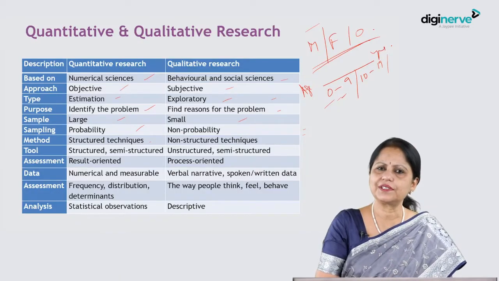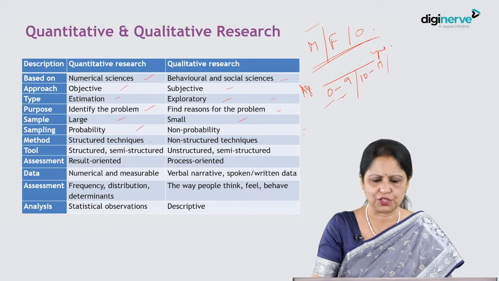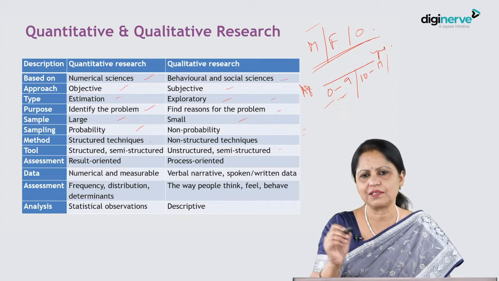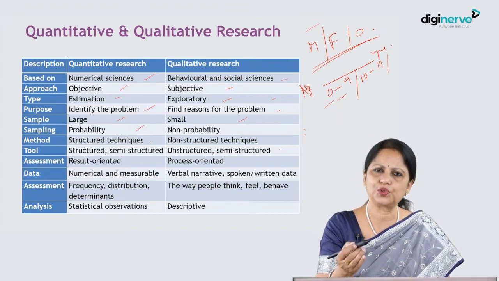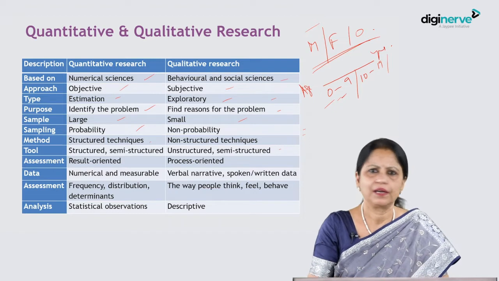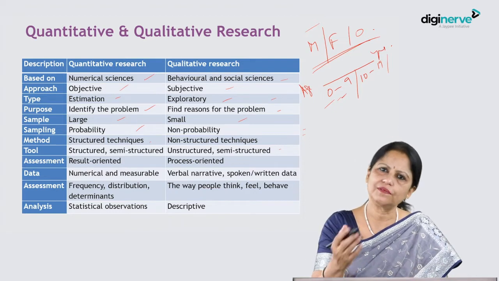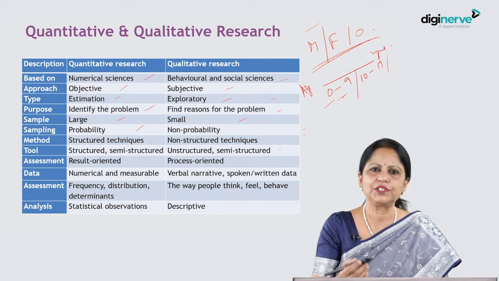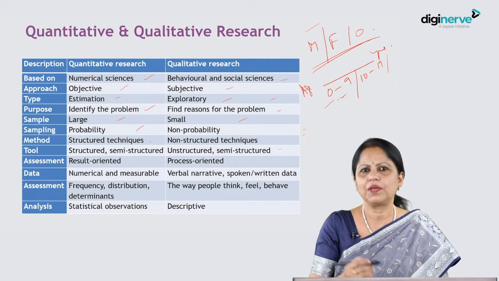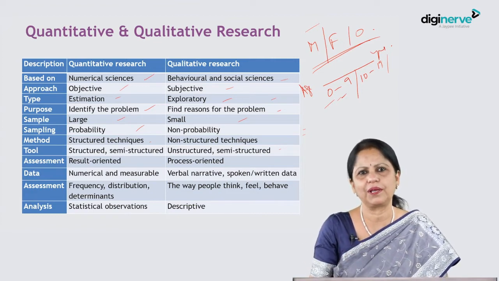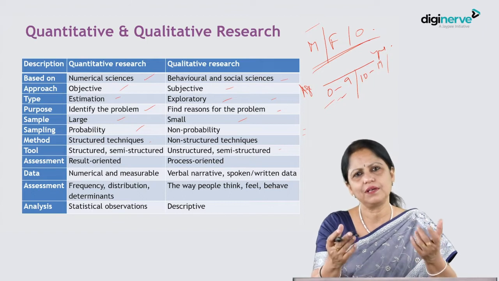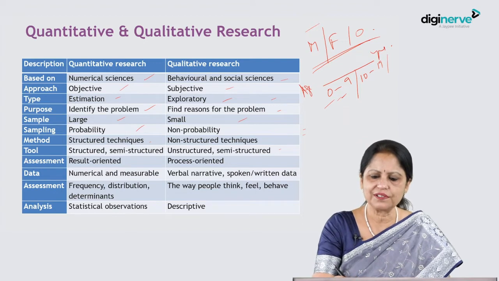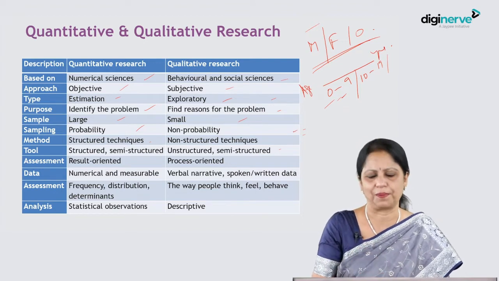So in quantitative research, many times it is structured but semi-structured also. In qualitative research, it is mostly unstructured. We just ask the question, why didn't you go to the health facility earlier? There's no option. We can't give any option. The person will say why. Maybe there was no one to accompany me, or maybe we didn't have the money to pay there, or maybe I thought that it is not so much of a problem and it will resolve on its own. Whatever the subject comes up with, we have to record that. So there is no option. Qualitative research gives us an insight into all these problems.